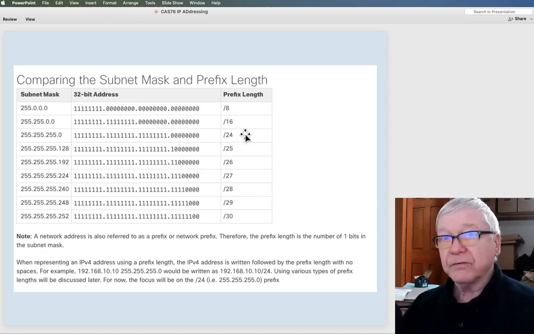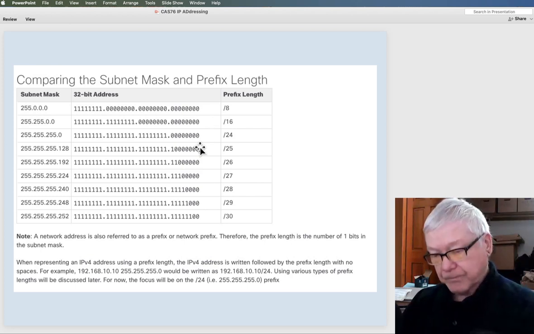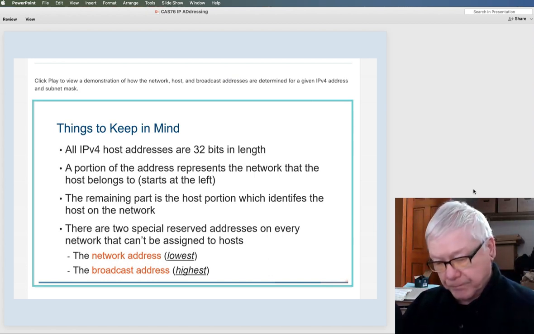And these days, instead of having to write out 255.255.255.0, we can just say 192.168.0.10/24, and the devices interpret that as a 24-bit subnet mask. So those are important things for us to keep in mind from that particular video.